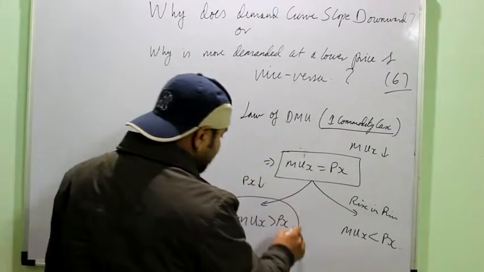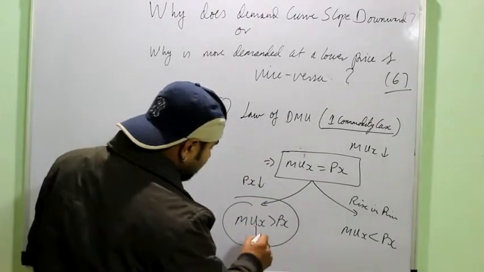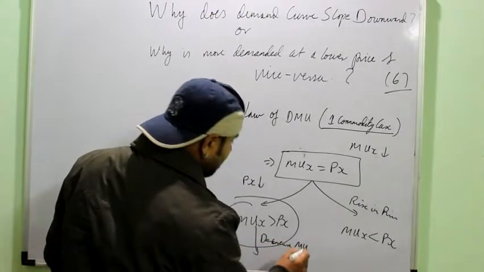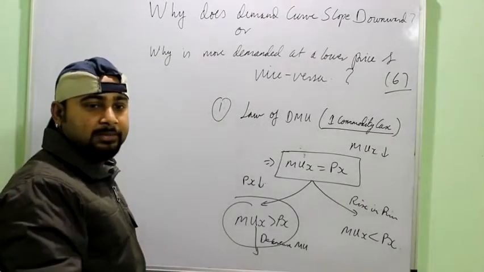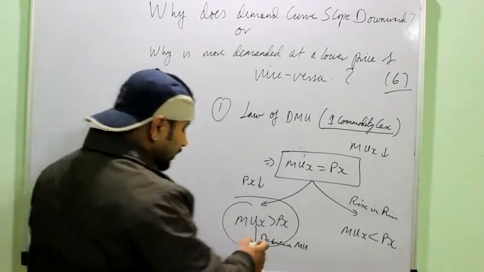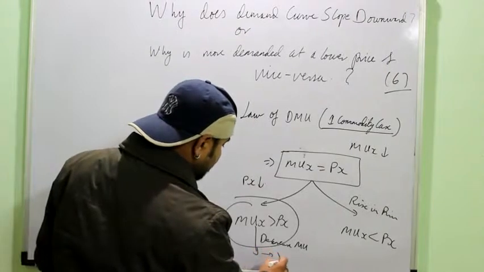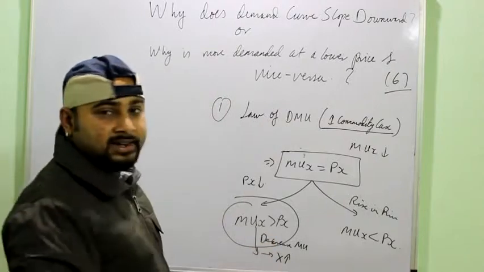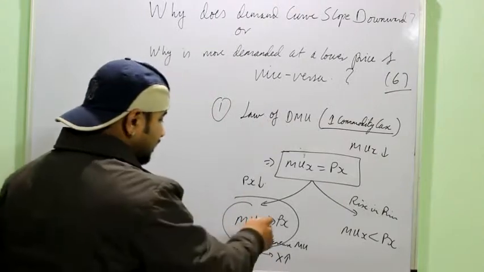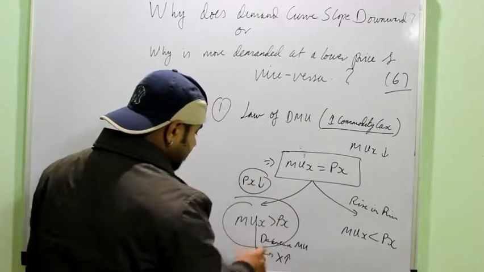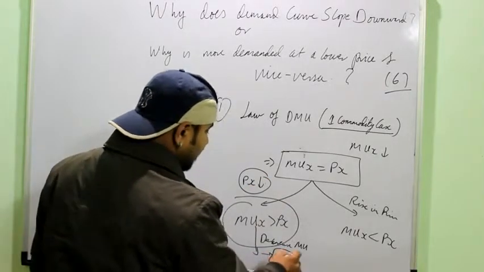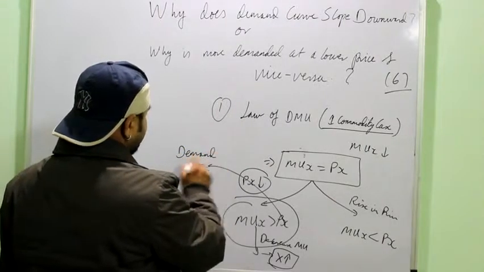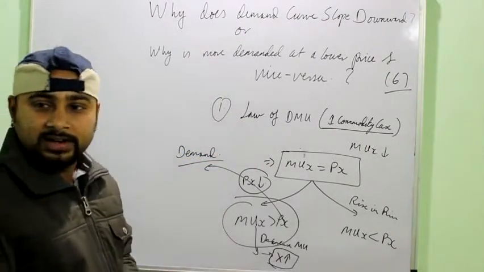Now if this situation has arisen, then he needs to decrease the marginal utility, because he cannot decrease the price of the commodity, right? Price is decided by the market. For that he needs to consume more. If he increases the consumption of X, only then can the marginal utility decrease according to the law of DMU. So it means if the price of the commodity falls, the consumer increases the consumption of that commodity, or you can say he increases the demand of that commodity. And this is what I am trying to prove, right?